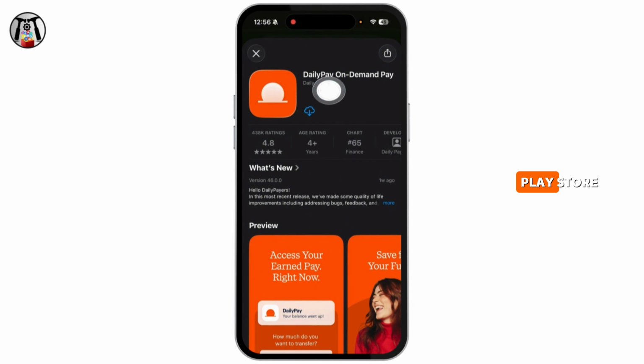Your App Store or Play Store will open up and you're going to find the app DailyPay. If you want to log into your account, you will be prompted to download the app. As of right now, you cannot log into DailyPay on the web version. First, you will need to download the app, and that way only you will be able to log into the